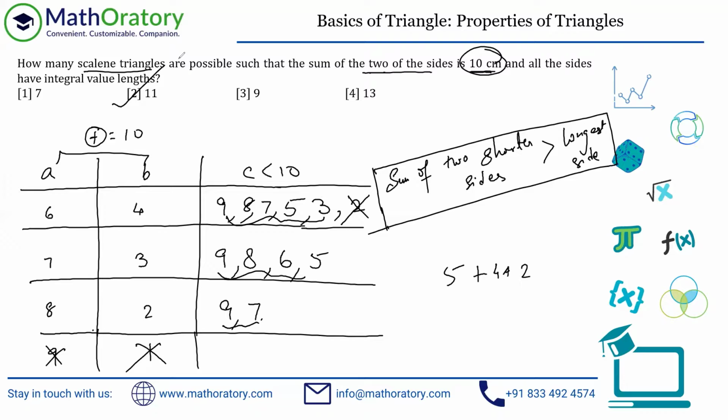Now, there are specific formulas for particular types of this question. My recommendation is you don't have to count too much. When you have a question like this, notice the value that is given. The sum of two sides in this case is 10. So you know that you have to start from 9 onwards. So there is a lot of counting involved. So you know that it's going to be a little more calculative, because suppose this particular data, instead of 10, it would have been 5. Then you have to do a very small number of counts for these cases, right?